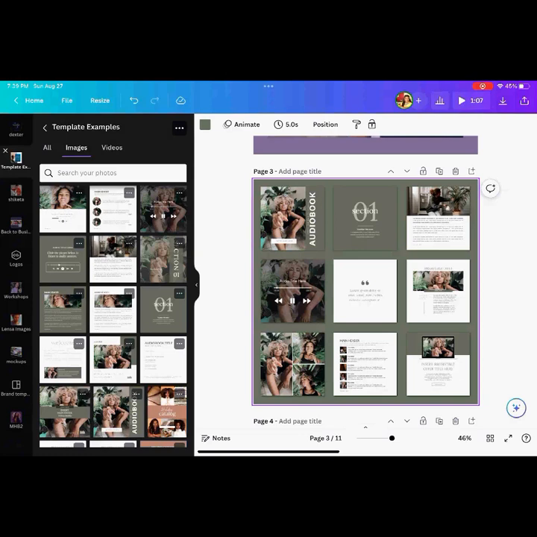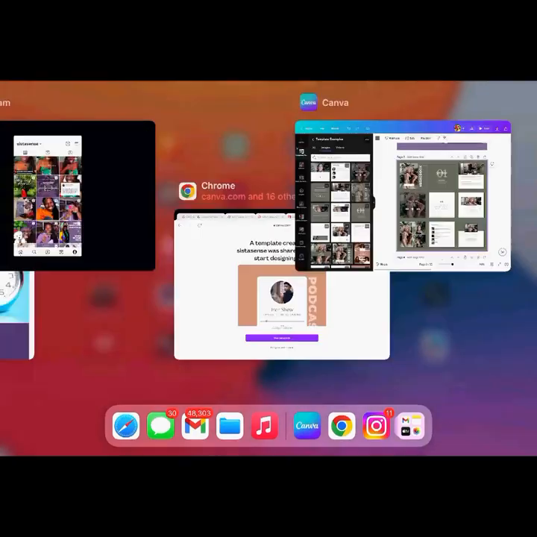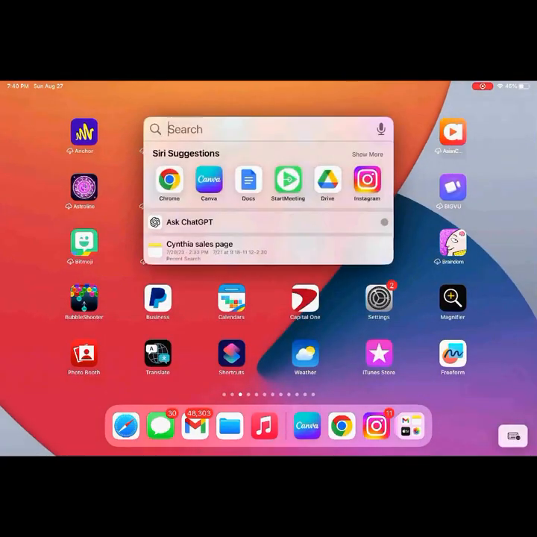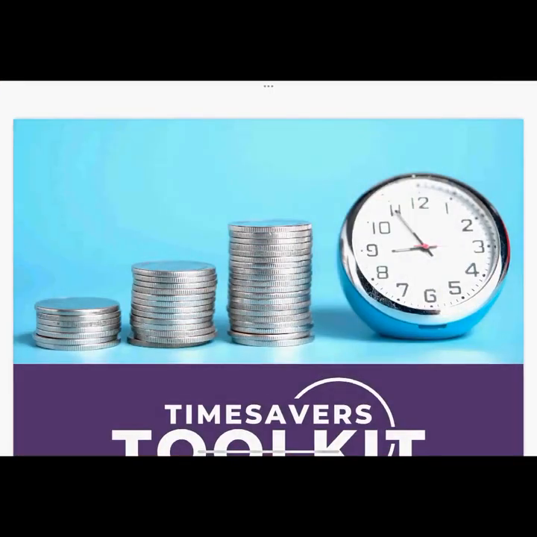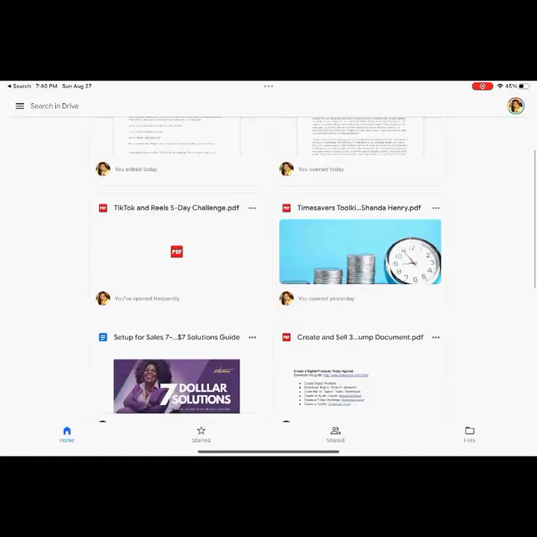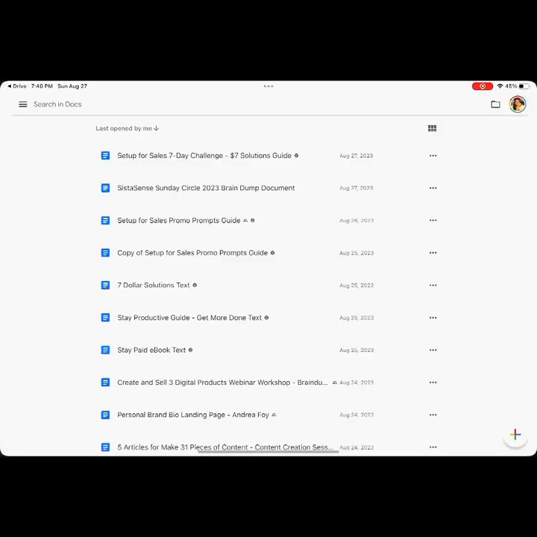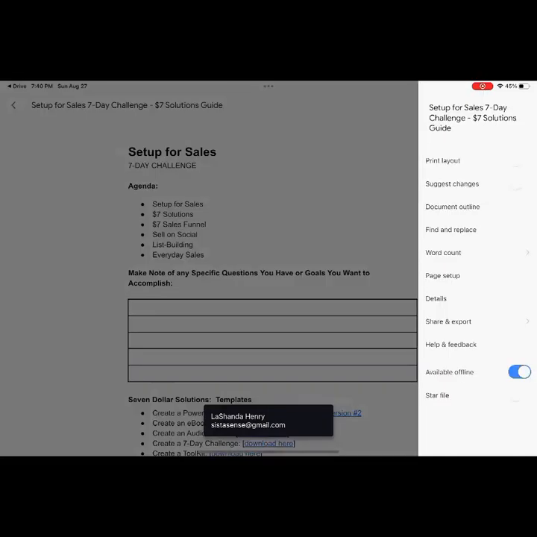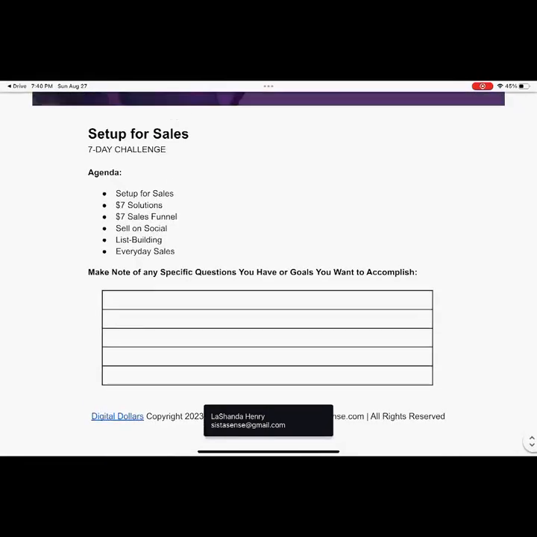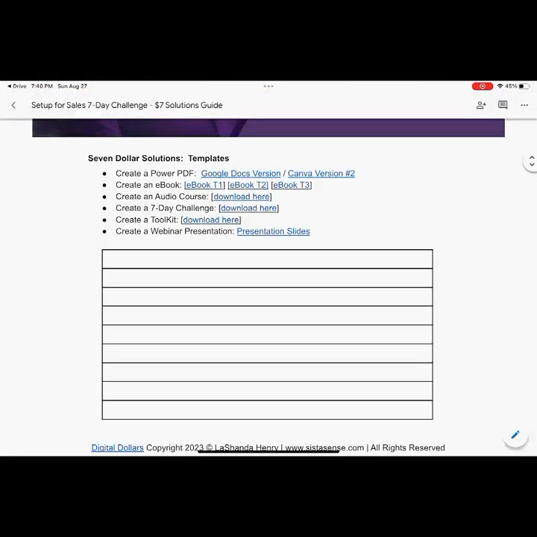And these graphics are a part of the audiobook template. Did I give y'all the audiobook template? Let's go into the drive here. I gave you several template collections on the first day. Let me just double check to see if the audiobook one was one of them.